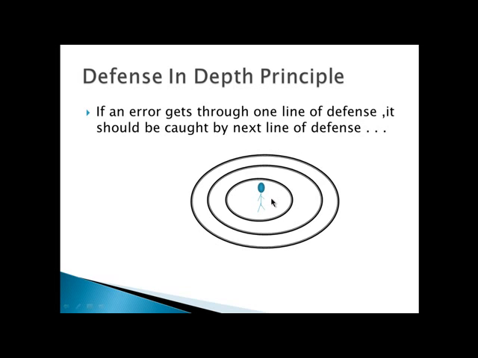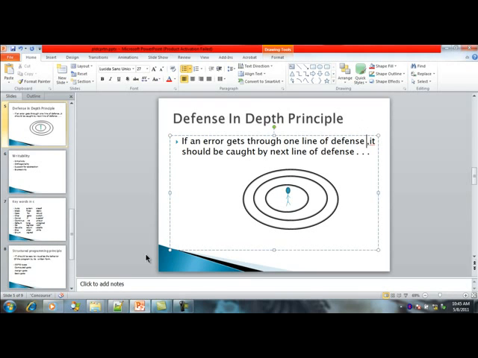If an attacker comes and tries to attack this person, he should go through all the three security lines. If he goes through the first one, he should be caught at the second defense line. So like this, if we have more lines of defense in our code, it satisfies the defense in depth principle. So if we take an example,